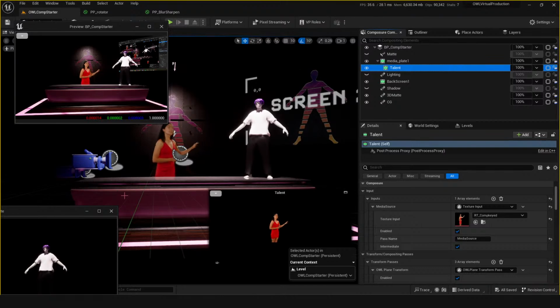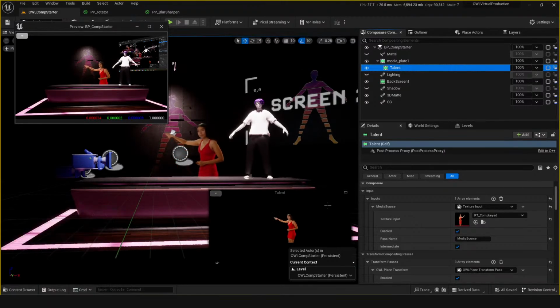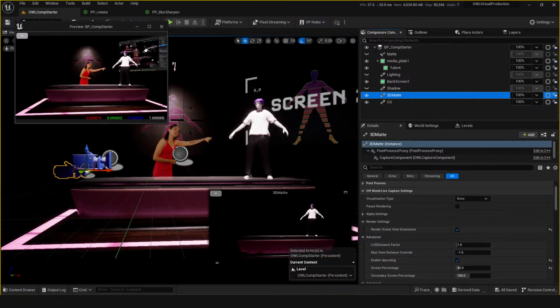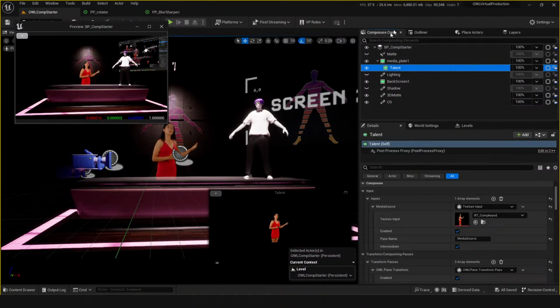With compositing, it's always layers of 2D footage. That is why you have to take the original CG layer, and then lay this CG back over the top of your talent.